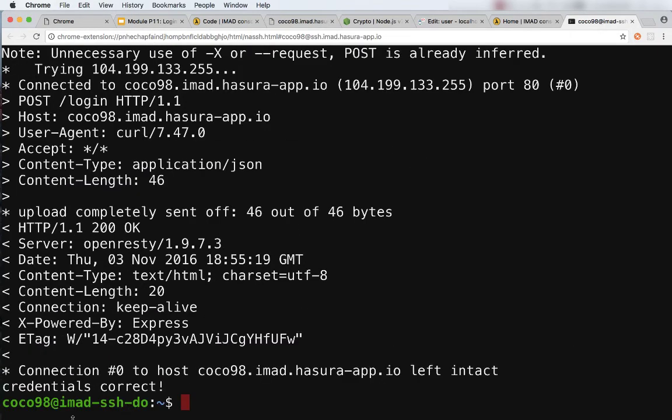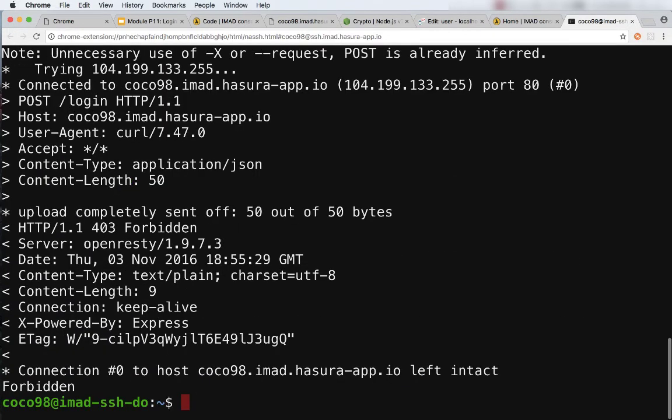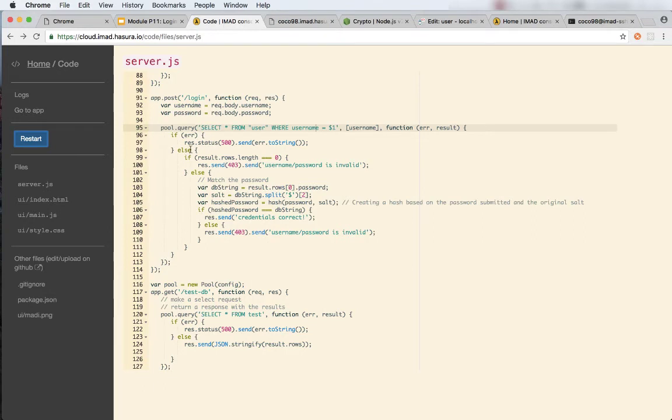Great. So that means that our credentials have matched. Let's deliberately change our credentials here. For example, let's send the wrong password, and I get a response saying forbidden, right? Which is a 403, right? That's the response that I get. That means that we've now implemented a login function, which is not actually doing anything, but it's just testing that